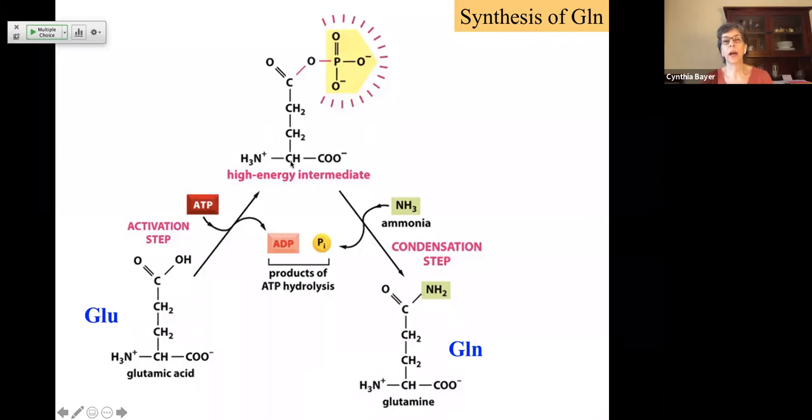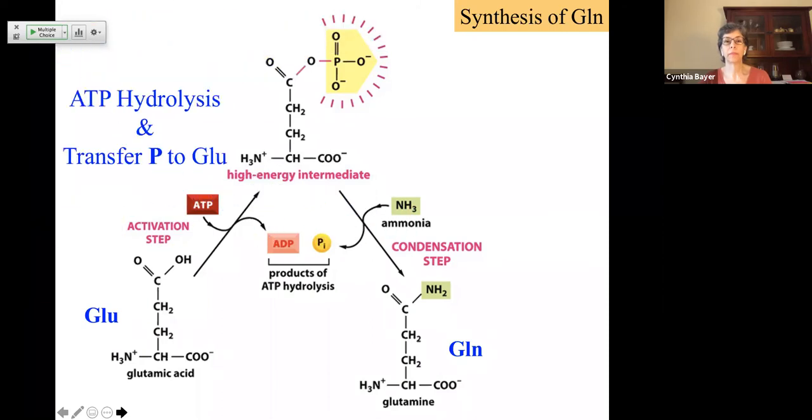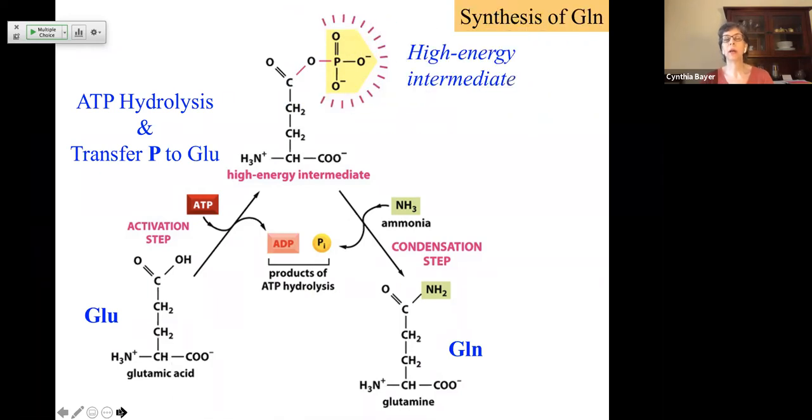So we have this high energy intermediate, a phosphorylated glutamic acid. Right? So in our first step, our activation step, ATP hydrolysis results in transferring of a phosphate group to the glutamic acid. Now we have our high energy intermediate, more unstable, more chemically reactive,